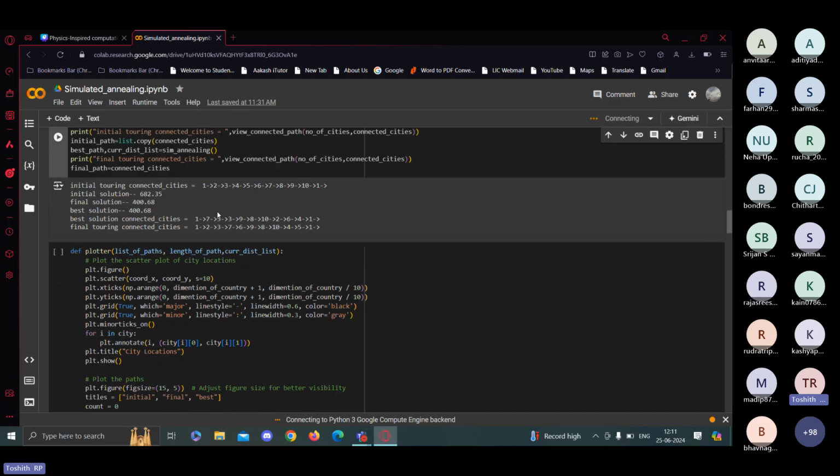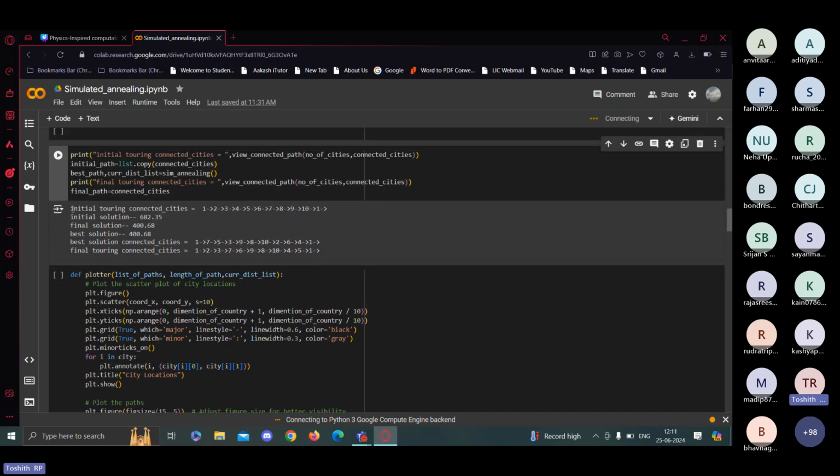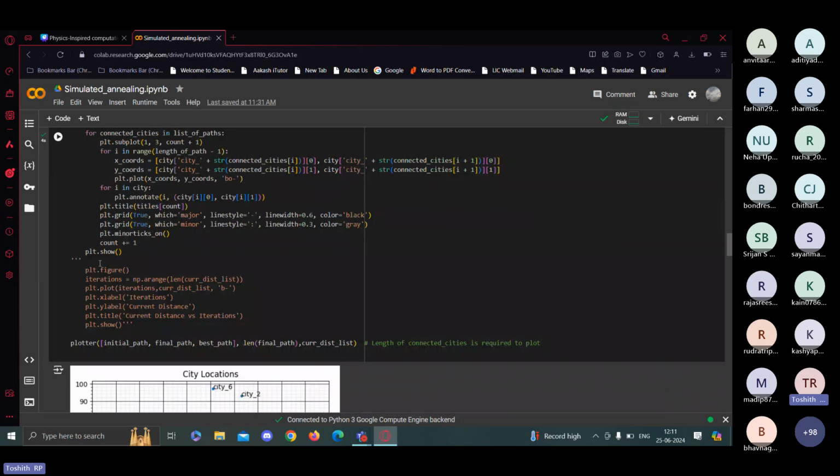Okay, yeah. So after running that, we have the initial connected cities. This is the best touring path. This is the final touring path. I'll run this plotter function.